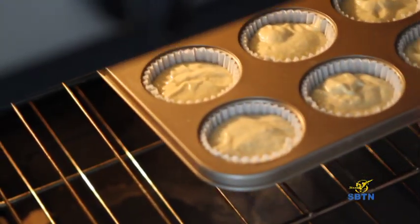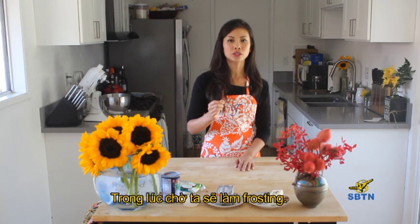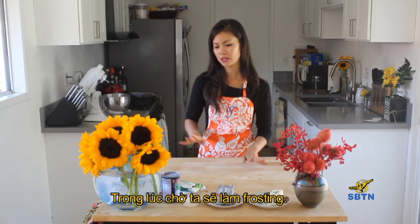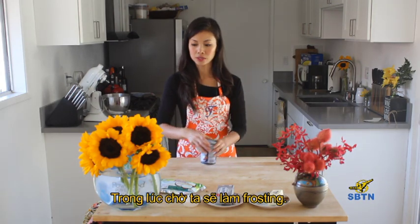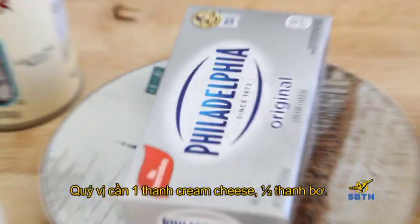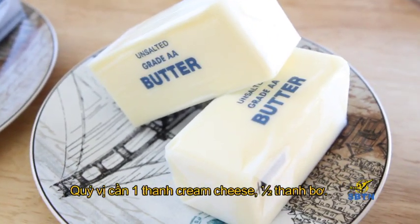So we'll put the cupcakes in the oven at 350 degrees for about 10 to 12 minutes, depending on when the toothpick comes out clean. And then in the meantime, we will make the frosting. Super easy, and it'll be ready to go once the cupcakes are ready. You'll need 1 stick of cream cheese, half a stick of butter at room temperature,